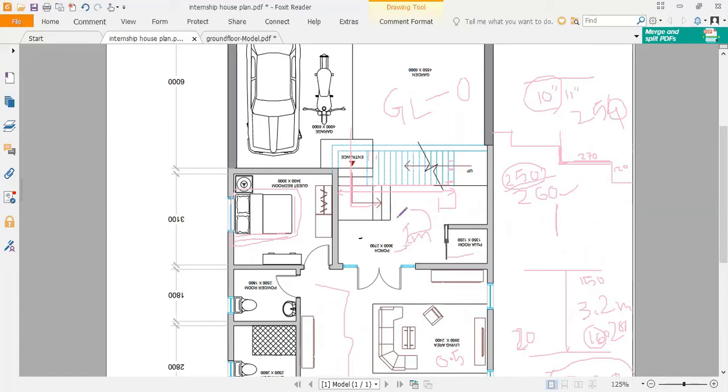Maybe you provide the riser as 400 and 400. So he will be climbing only two steps, and he will not face that much difficulty, even though the risers are higher than the standard of 150 or 160. Maybe if you provide 300 and 300, you are already climbing 600 to this level. Then you are left with 3.2 meter minus 0.6. Are you getting what I'm trying to say? You have to somehow manage this 3.2 meter height to get to the first floor.